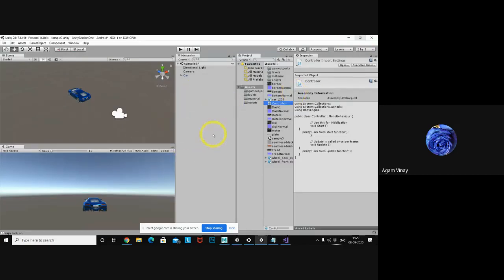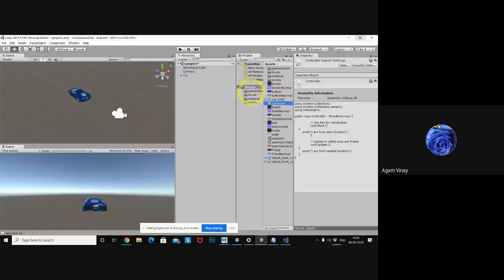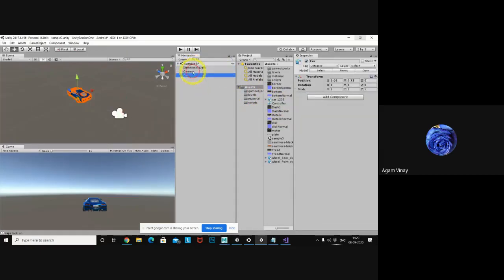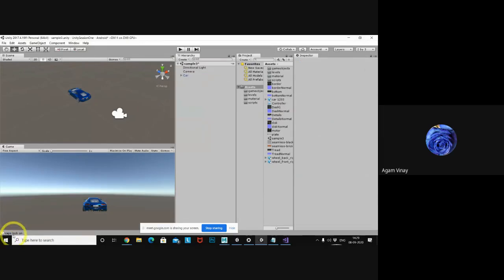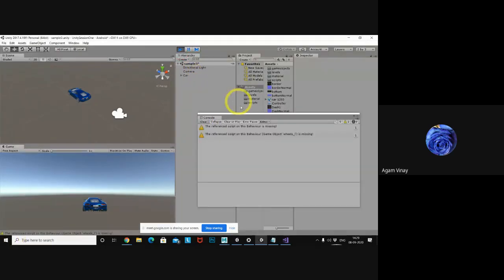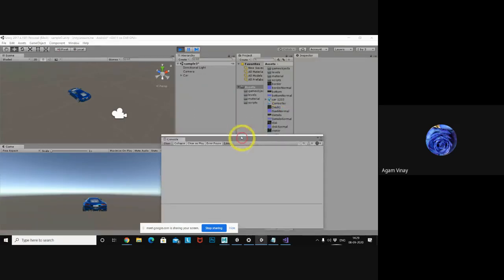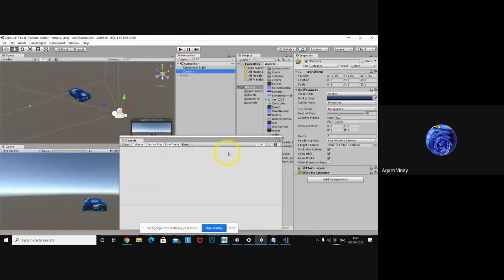So how to run a script? So far the script is only in my Assets, attached nowhere, right? Without attaching it, the script won't be executed. Let me show you, I am playing without adding it anywhere. Now I want to add it to an active game object. If the script needs to perform, it needs to be attached to an active game object.